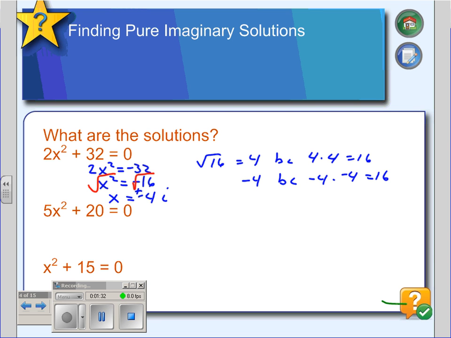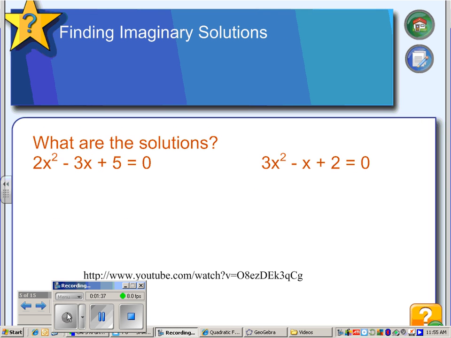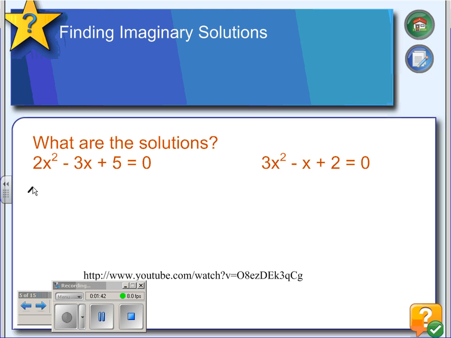Okay, so you go ahead and do the next two problems here. This particular type of problem we can solve by using the quadratic formula. So we get x equals negative b, where b is negative 3. So negative 3 squared is 9, minus the square root of b squared, which will be 81, minus 4 times 2 times 5, divided by 2 times 2 is 4. 4 times 2 is 8, 8 times 5 is 40, so we get